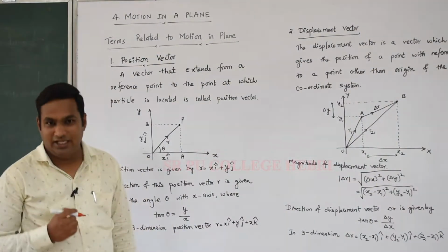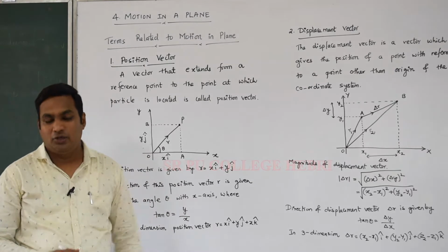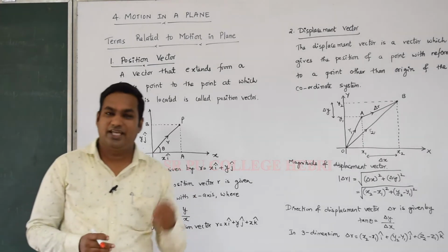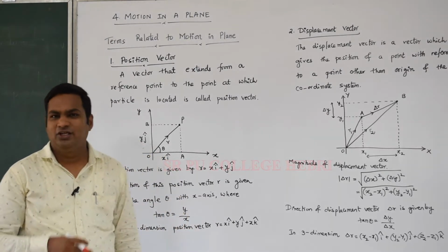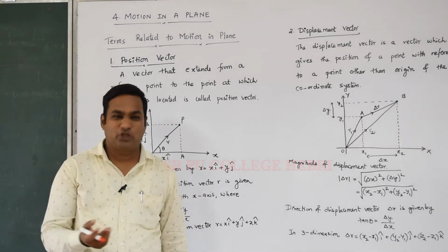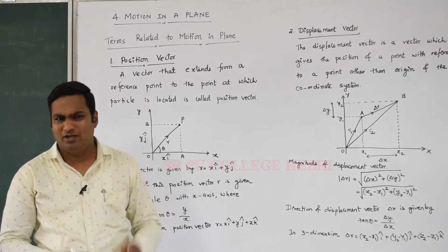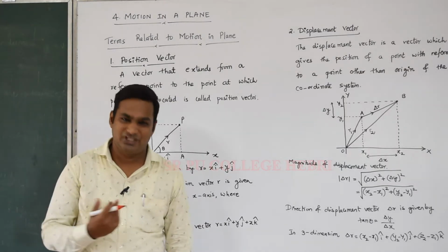Dear student, in our last class, we learned resolution of vector, how the vector is resolved into its components. Along with that, we learned the x component as well as the y component. And again, we considered orthogonal unit vectors also. In that case, we considered i cap, j cap and k cap in 1 dimension, 2 dimension as well as 3 dimension. These things we learned in the last video.